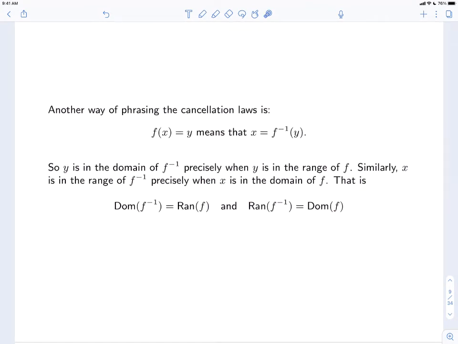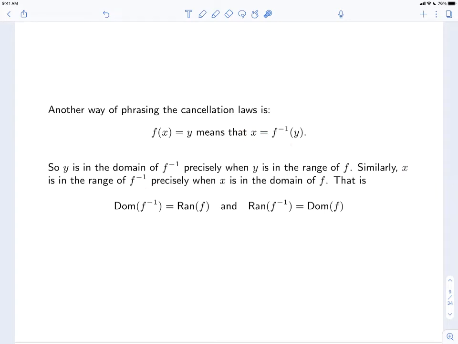Another way of phrasing the cancellation laws is this. f(x) = y is the same as saying that x = f inverse of y. So what this demonstrates is that y is in the domain of f inverse precisely when y originated in the range of f. So you can see that y is in the domain of f inverse exactly when y is in the range of f. And similarly, x is in the range of f inverse